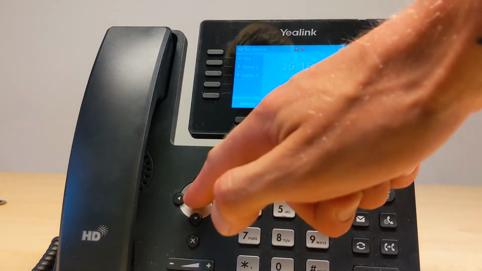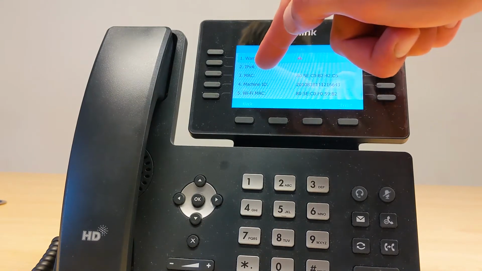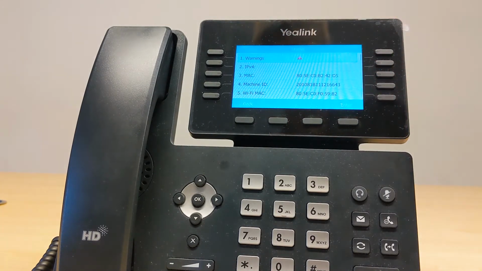Today we're doing a video on network troubleshooting on multiple devices. So on the phone, when the phone displays network unavailable, or if you press the OK button and the IPv4 field is empty, that's telling us there's no communication between the phones and